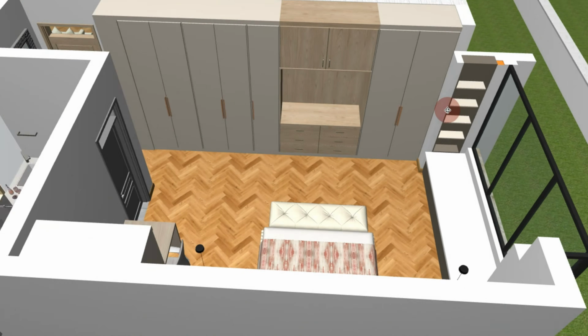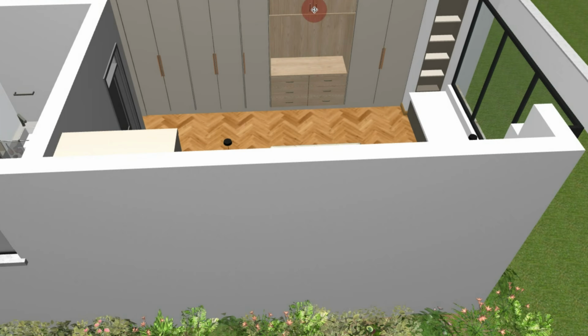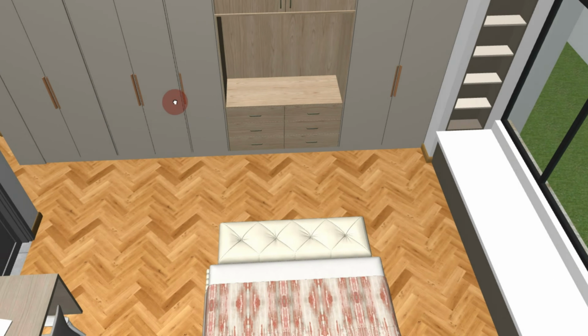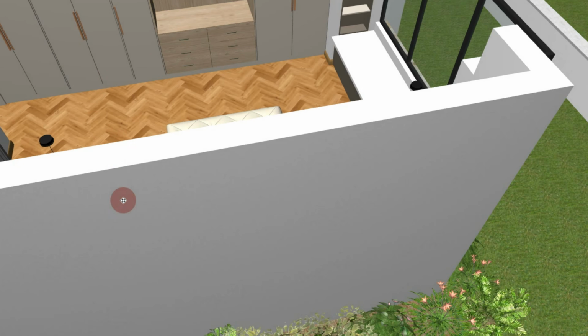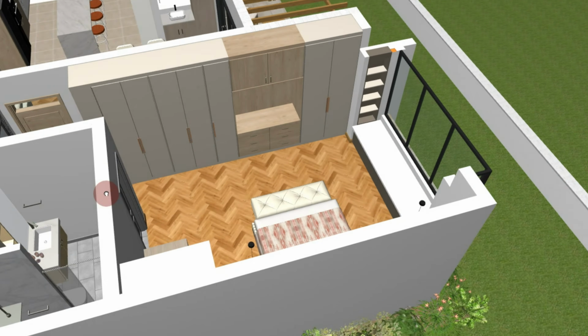And this middle section here, you can actually put a TV if you're a TV person, or have your dresser right there. And of course, also in this bedroom, as I stated, the corner window, very important, with corner seating,